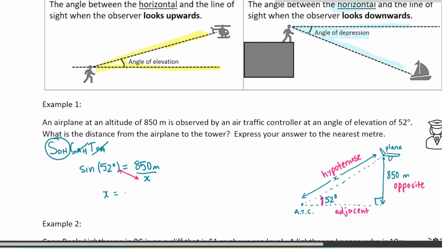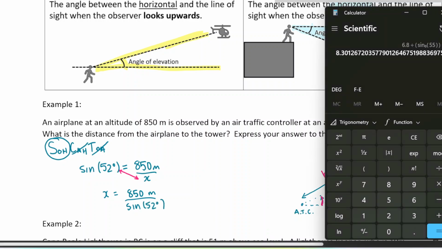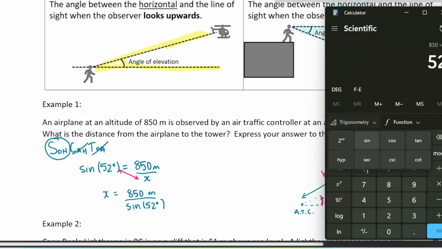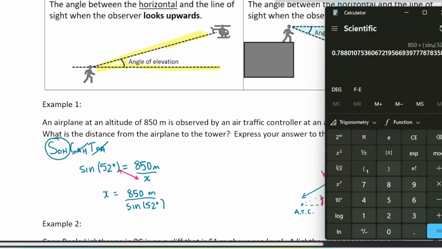And we get x is 850 divided by sine of 52 degrees. And that's what I'm going to punch into my calculator. Let's clear everything here. So 850 divided by, and I type 52 and then I press sine. Close my bracket. Okay, equals